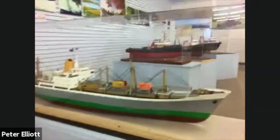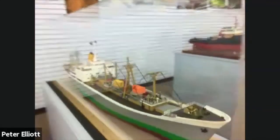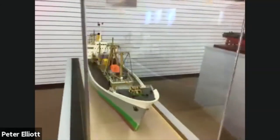Okay, what's our next? We've got so many. We'll need to do about 5 more virtual walks to do all the boats here. So we have to miss a couple, but